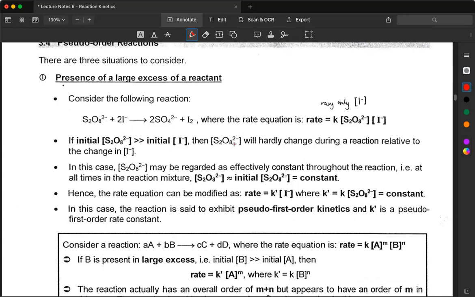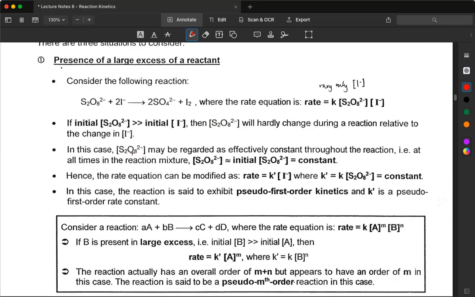So the S2O8 2- concentration will hardly change. In this case, the S2O8 2- may be regarded as effectively constant. So at all times, this concentration will be equivalent to the initial concentration, because it's so high, there will be negligible change